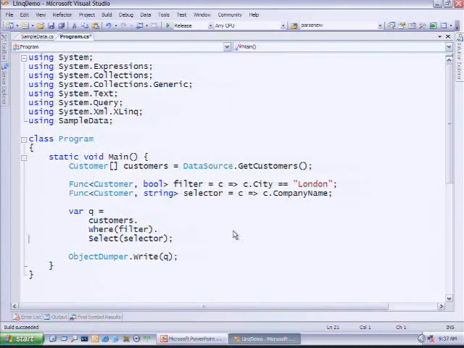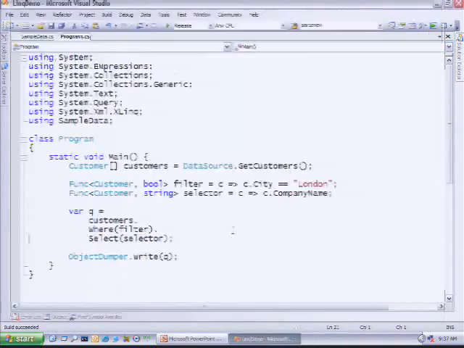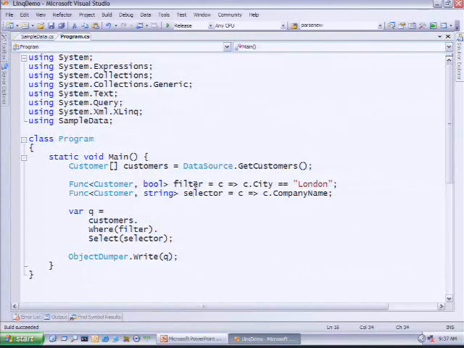So first, there's nothing magic about lambda expressions as such when they occur in a method call. They can first be assigned to local variables and then passed to the method call. So if you run this, you still see the same results. And what we've done here is we've created two local variables where we're storing the lambda expression c.city equals London